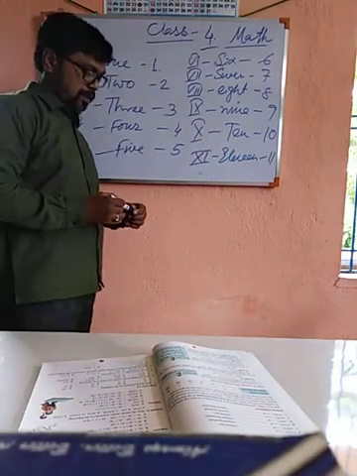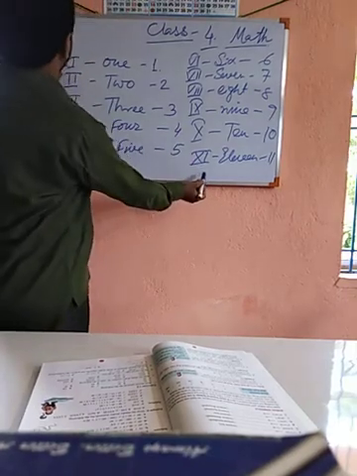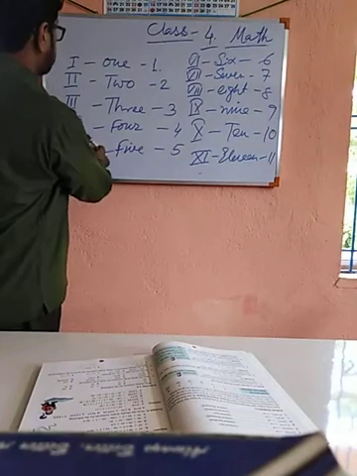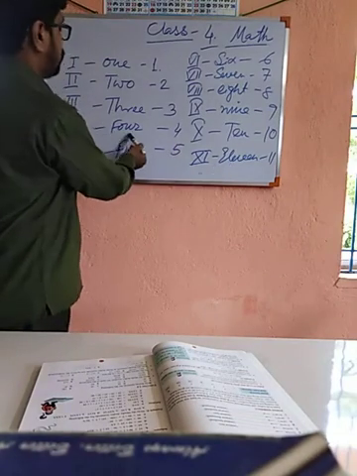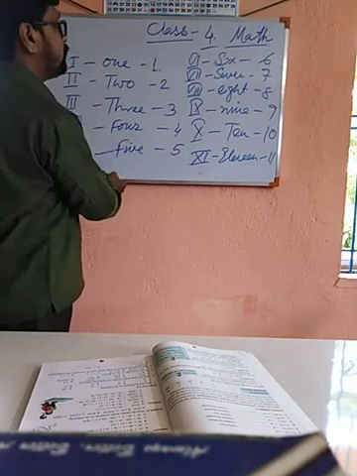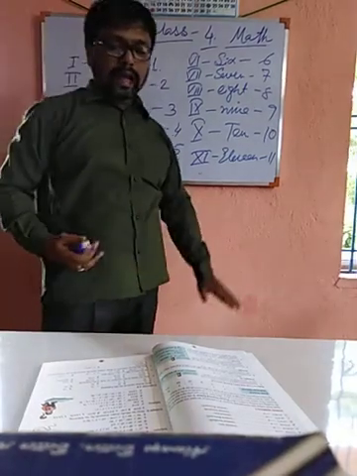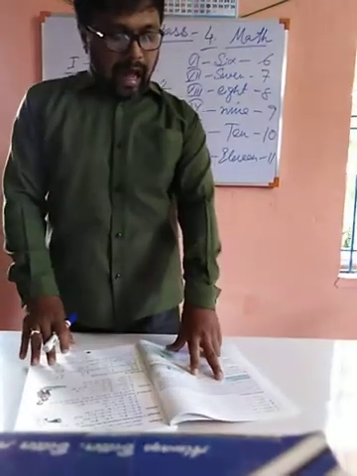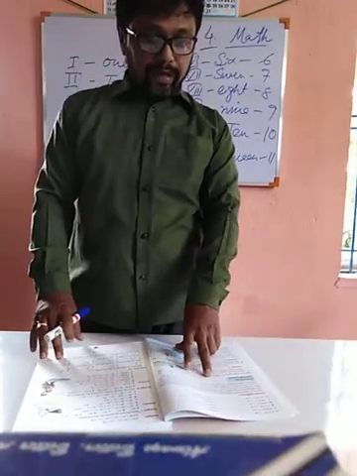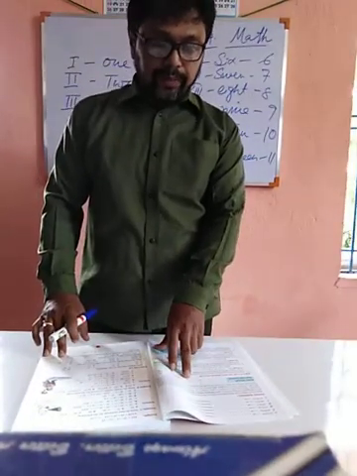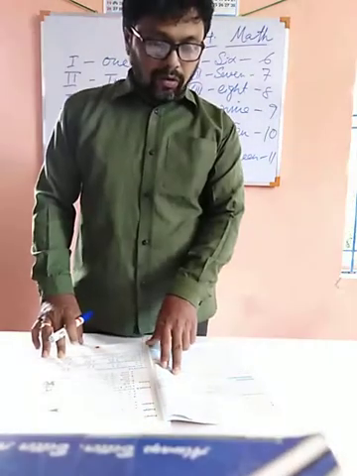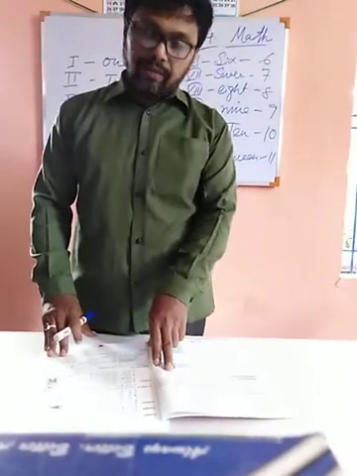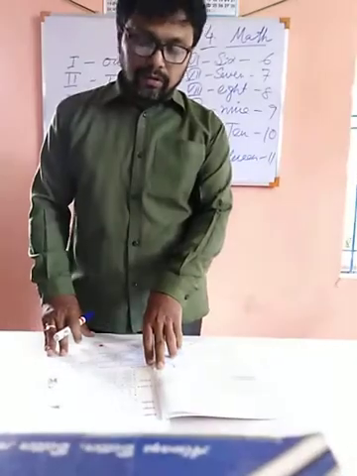Okay. Now XII, 12. XIII, 13. XIV, 14. XV, 15. You can count like this. And here some are written: I is 1, V is 5, X is 10, L is 50, C is 100, all in capital letters. IV, XL, C, D is 500, M is equal to 1000.